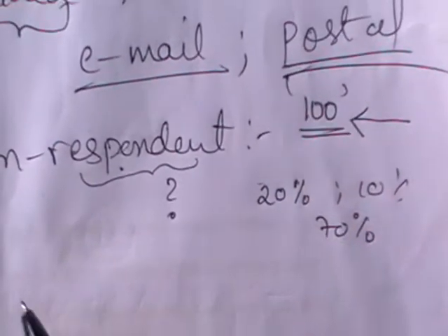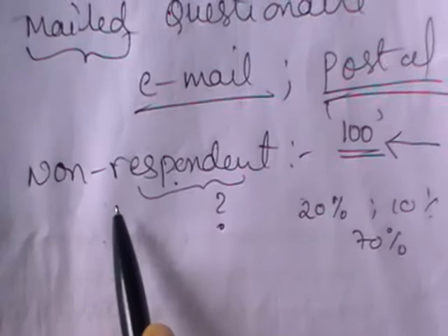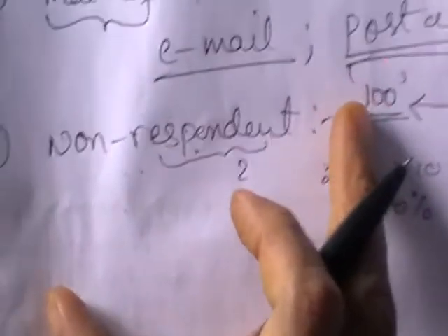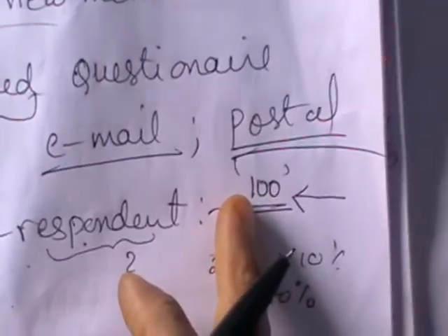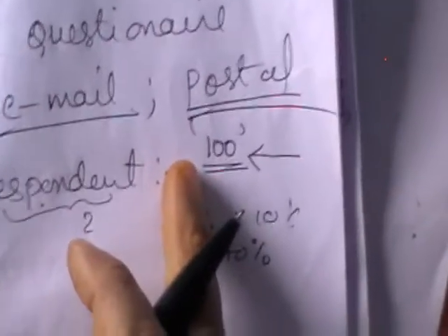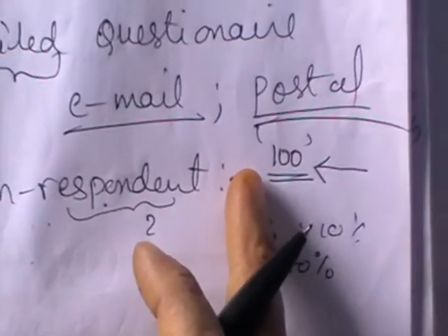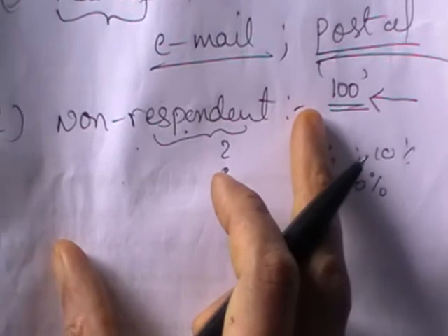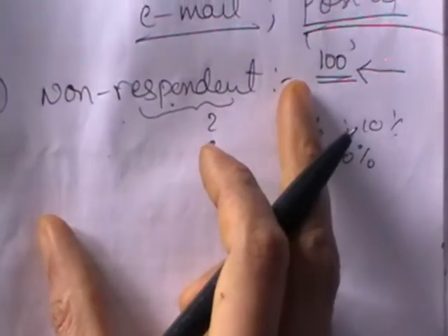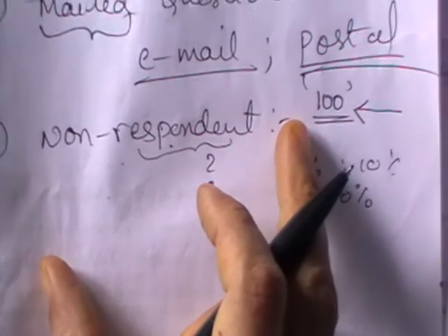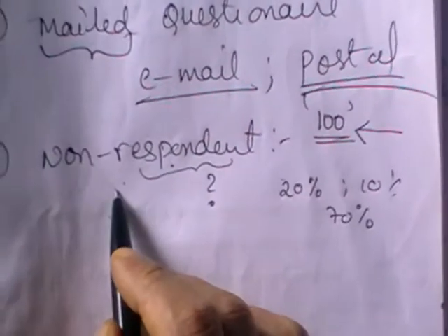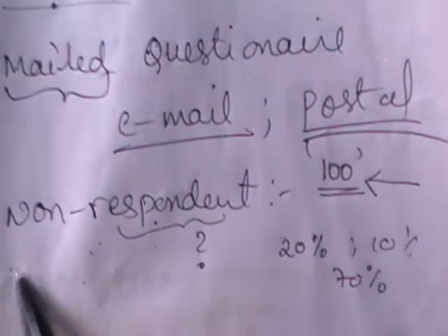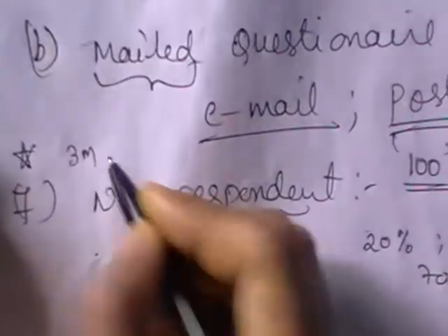It should be clearly mentioned what the non-response of the survey is, because depending upon that we are going to draw the conclusions. Today my duty is to collect the data from 100 families. By the time I reach there, some of the doors were locked and some of them are not willing to give the data. Out of 100 families, I got data from only 30. There I have a non-response. That day my data is going to give different results compared to the day when I got much more information. So non-response should also be clearly mentioned, as one of the steps in conducting the principal survey. This is a very important question for 3 marks, non-response.